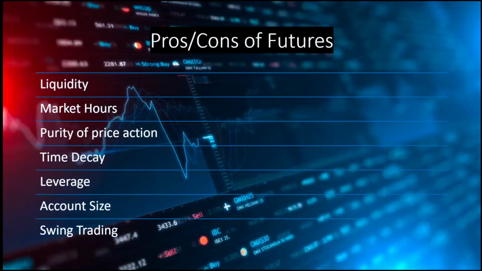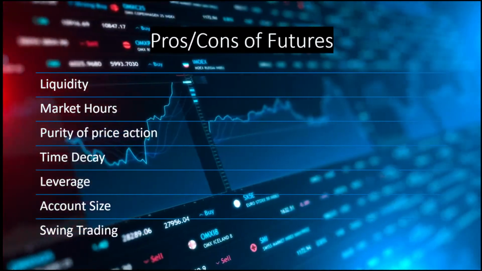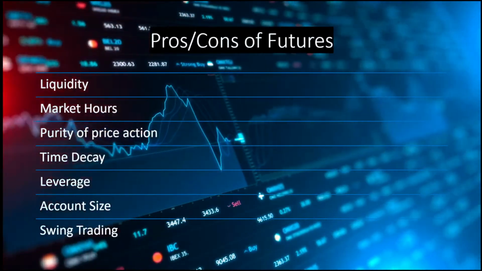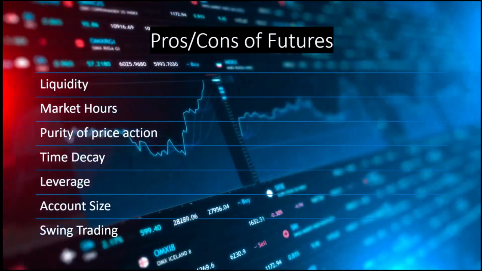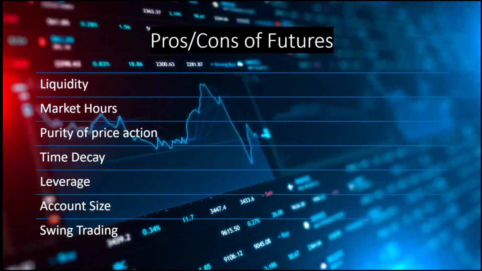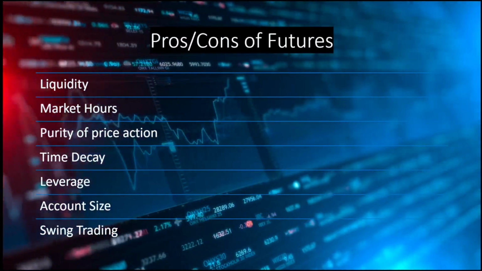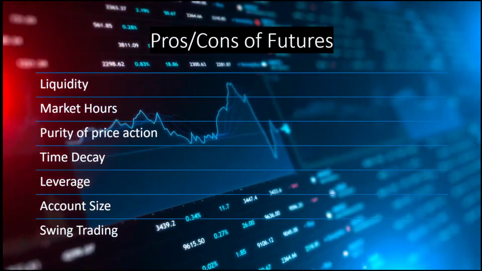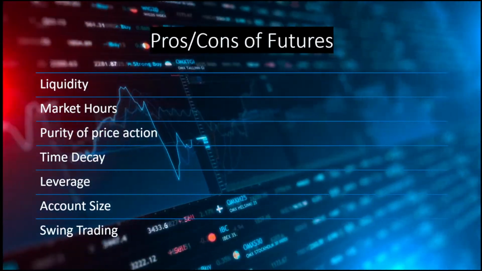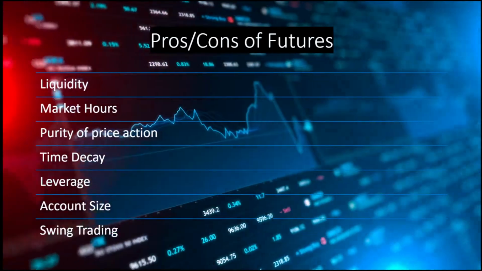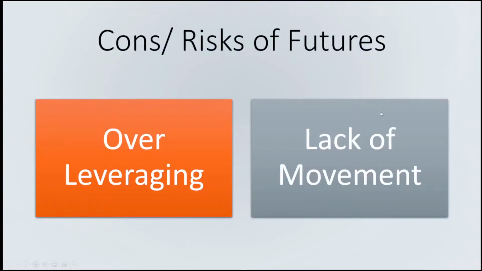With futures, you can hold overnight, and if you have a price target, you can set your sell right there, and if it hits, you're good to go. And more importantly, you can set stop losses to really limit your downside. A lot of times with options, you're pretty much looking at a hit or a not hit. And not only that, with options you have overnight decay and IV movement, all that stuff. It can really mess with some overnight swings. So, all right, we're going to go on to the next slide here.